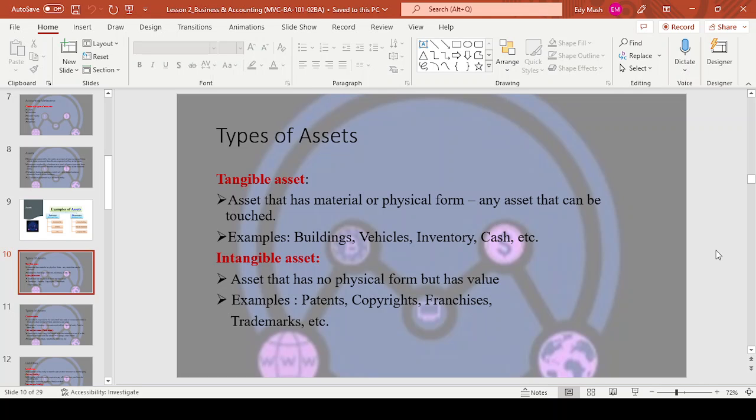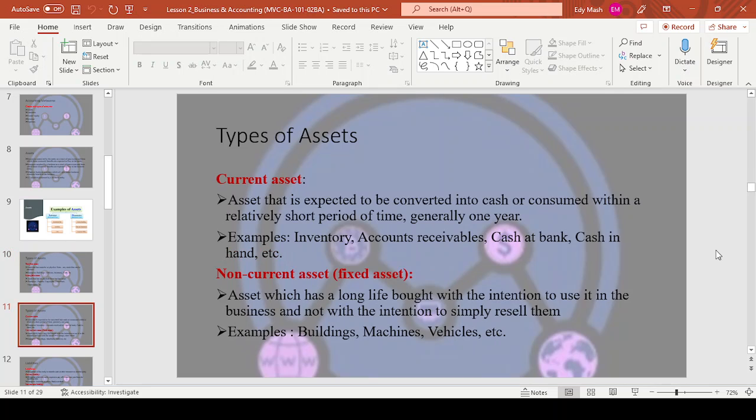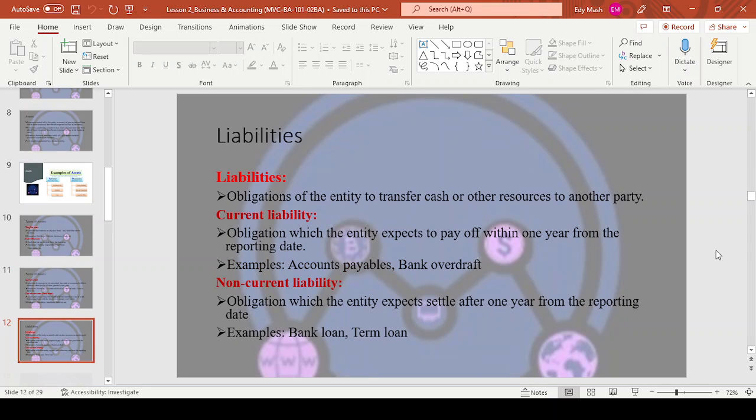And then there are intangible assets, ones you can't touch or feel. These are copyrights, patents, franchises, trademarks. As you can see, the Mundoverse logo as a watermark in our slides shows this stuff is copyright for Mundoverse. That's an intangible asset, intellectual property, trademarks and all that. Those are also assets. They have a value, and they are put in the balance sheet. And I already told you about current and non-current assets.